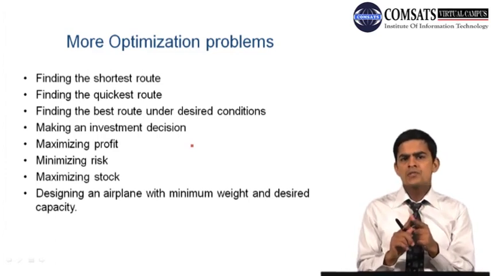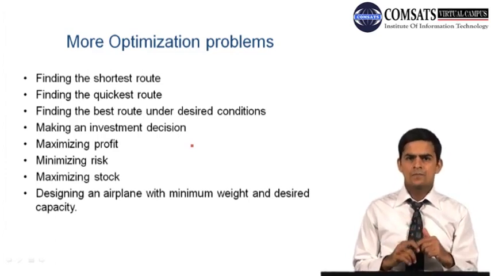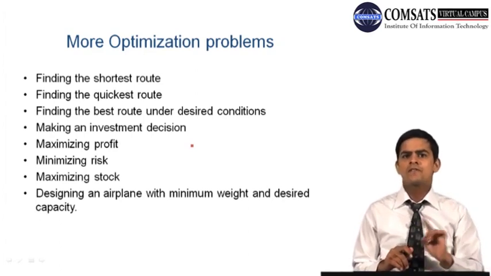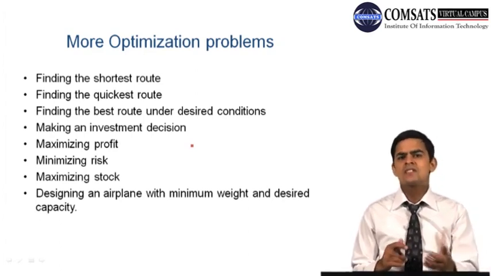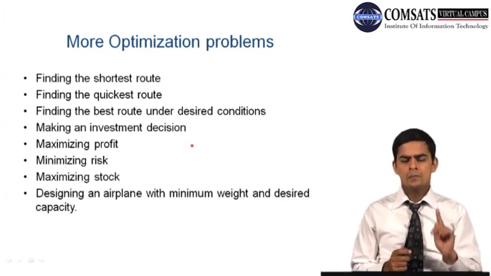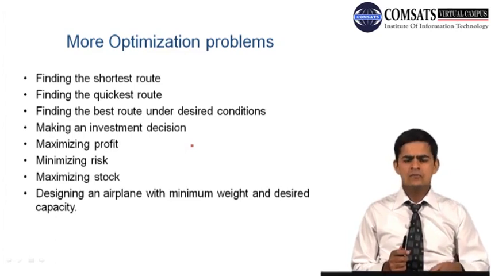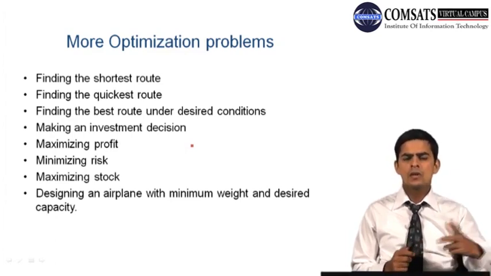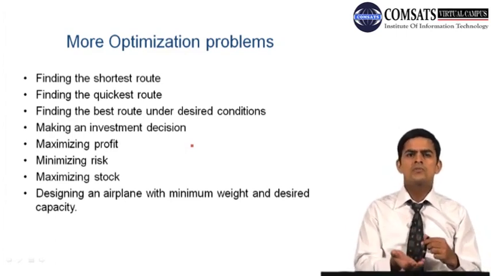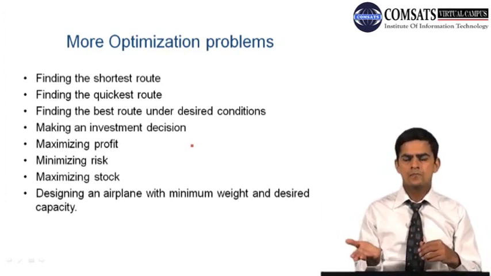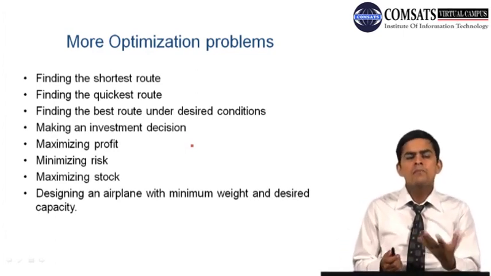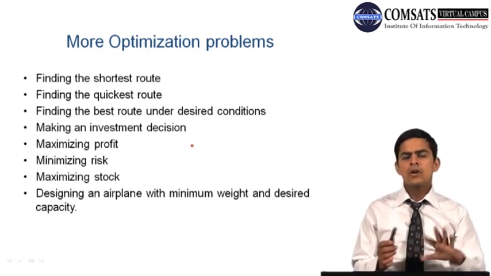Okay, so the shortest route is probably the GT road, but that's not the quickest, definitely not the quickest, because there is more traffic. Well, maybe it's the quickest as well if there is less traffic, but you may not want to take the GT road. You just want the quickest route. Maybe at certain times the motorway is the quickest route to get from Islamabad to Lahore. It's definitely not the shortest, but it may be the quickest. Okay, so you have to